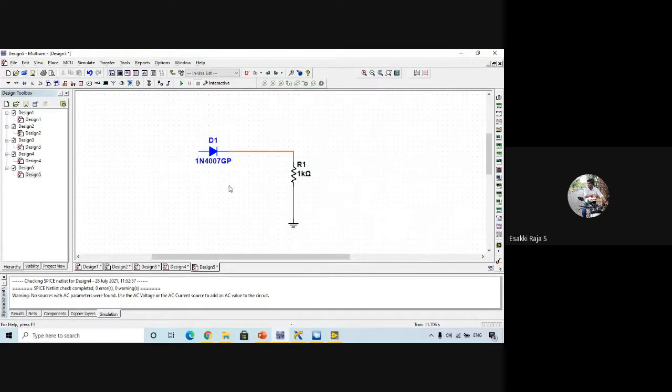I was not providing any input, and I'm not using any instrument to visualize the output either. Why? Because input and output we are going to provide and visualize from LabVIEW. So here, instead of connecting any source, actually we need to give an AC source, but instead of giving a source, we are going to place a connector.